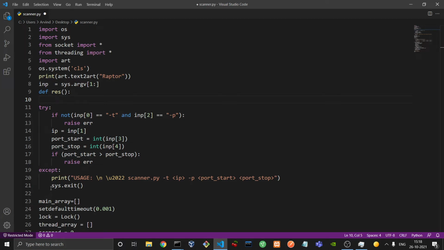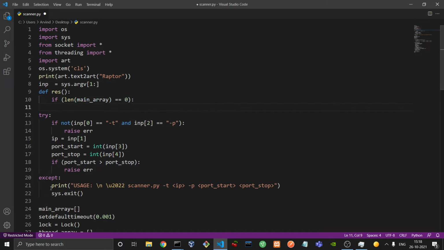First it would check whether there are 0 ports open, so if the length of the main array is equal to 0, then we just print no TCP ports are open in the given range, and then we just do system.exit,